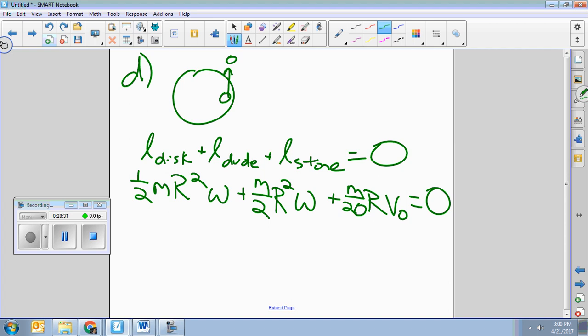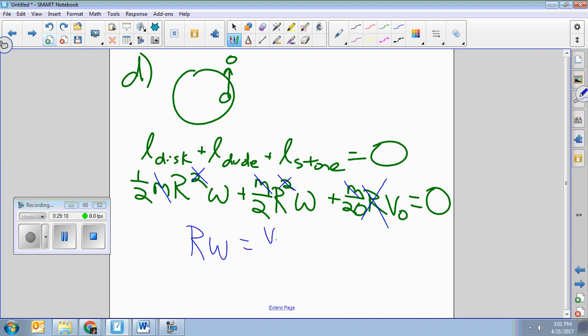Make sense, you guys, or no? All right, and I think that's it. I think you just solved that, right? And then you got to solve for omega. So let's see. You can divide through by m, and the m's go away. So now I've got 1/2 r omega squared plus 1/2 r omega squared. I'm saying the squared in the wrong spot, but you know what I mean. Oh, you can cancel an r. So r and r, put x's through those things. Cool. So 1/2 of r omega plus 1/2 of r omega is just r omega